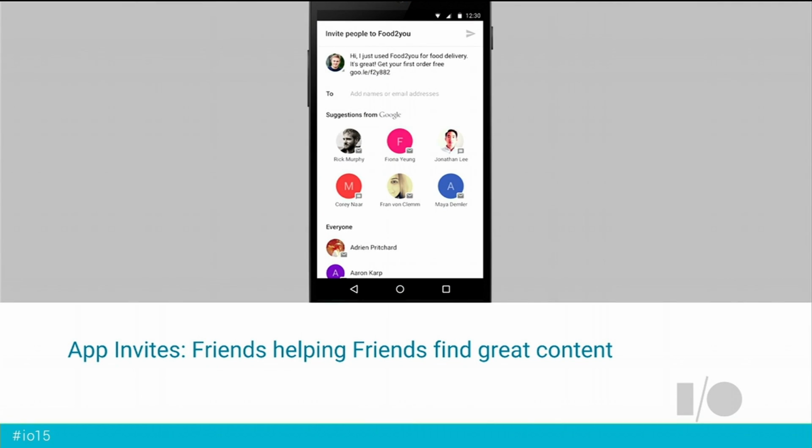App Invites provides you, as a developer, with an API that can present a simple UI through which the users of your app can invite other users to install the app as well. For example, I'm using an app where I can see Swedish hockey players. This allows me to invite my friends to use this app. My friends get the invite, they install the app, they engage with the content. Everybody wins. In particular, you, the application developer, win, since you get free word-of-mouth marketing for your app. There is nothing better than a friend referral of your app. And of course, there are controls in place to protect the user experience for this. So shall we celebrate the App Invites API with a...